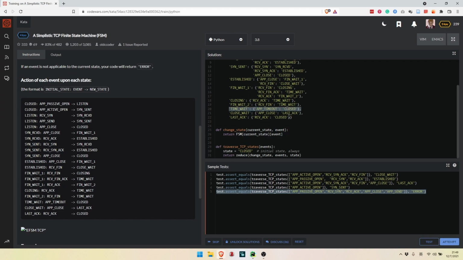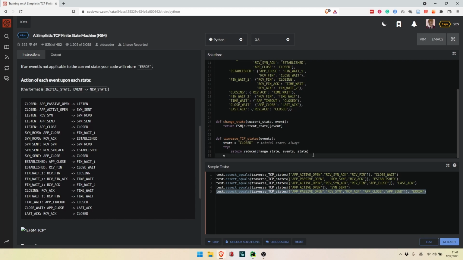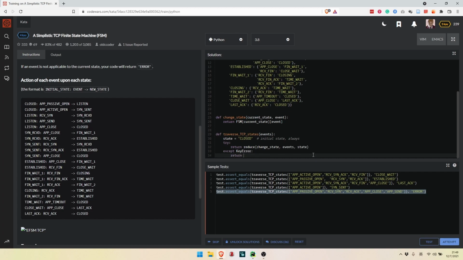If the event coming in has no matched key here, then Python will raise a key error. So we can actually catch this error to return error. I think this will be enough.